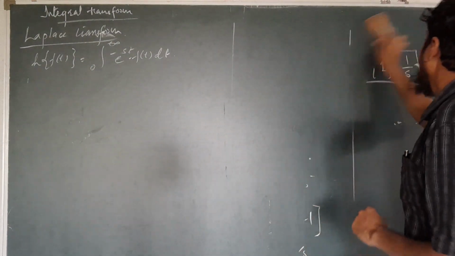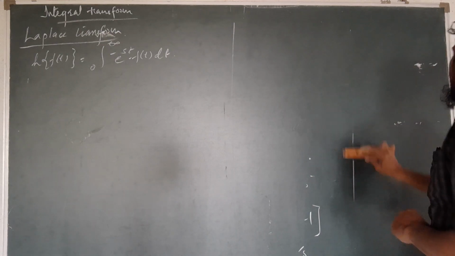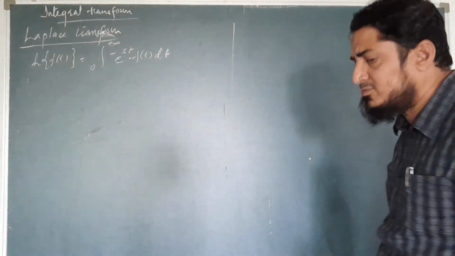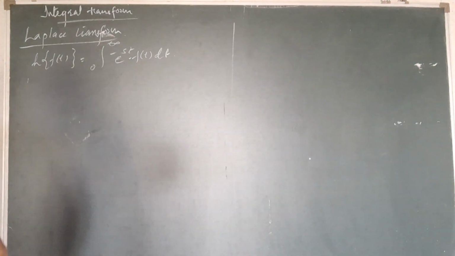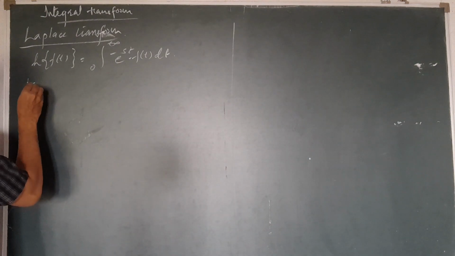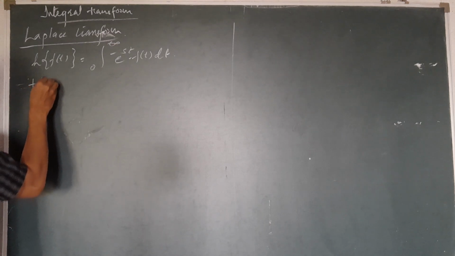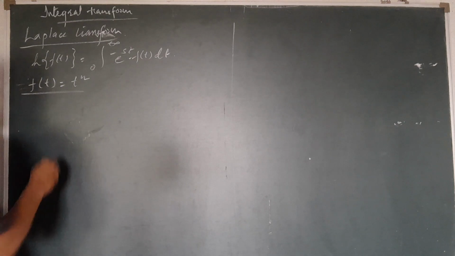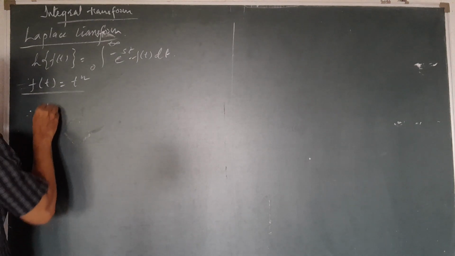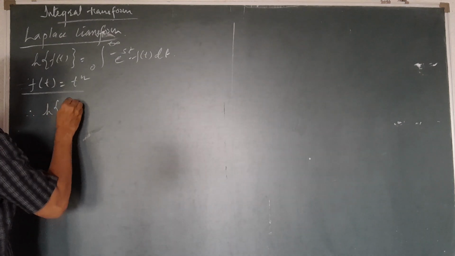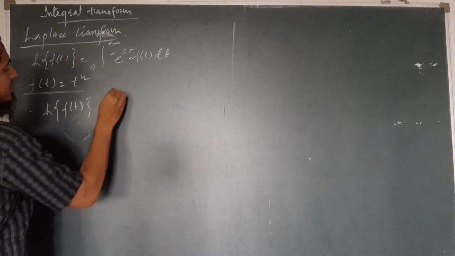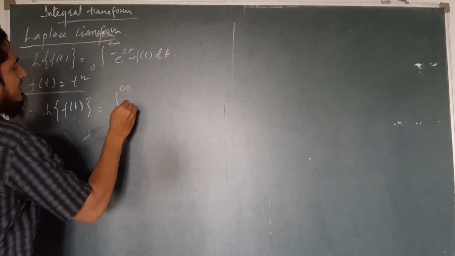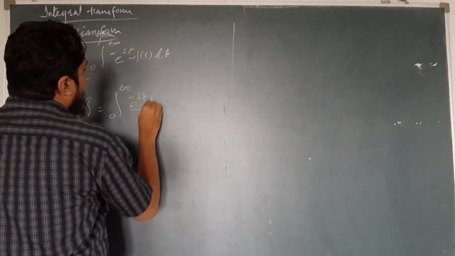So let's do one more example to find the Laplace transform, and that is the Laplace transform of f of t, where f of t is equal to t raised to n. Correct? Therefore, the Laplace transform of f of t is equal to integration from 0 to infinity e raised to minus st f of t dt,